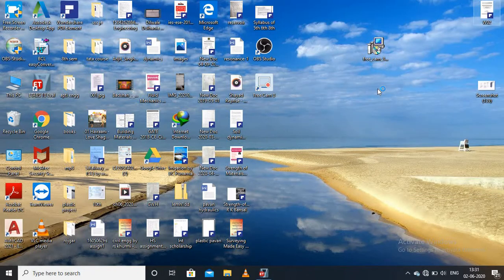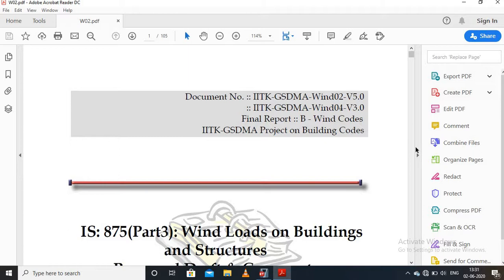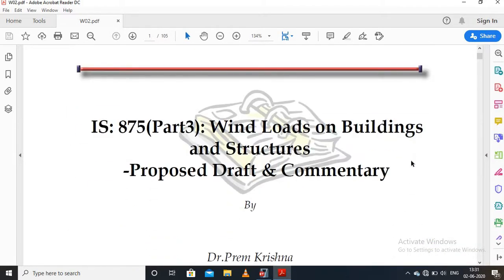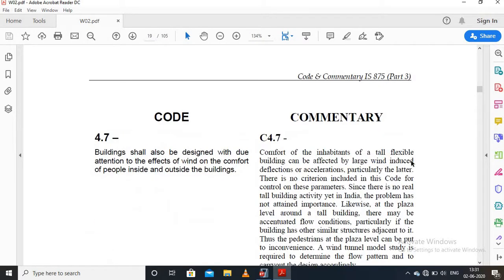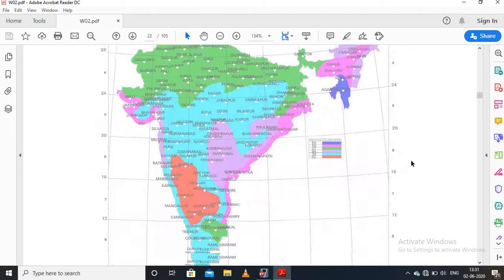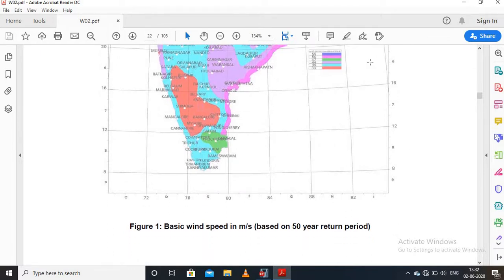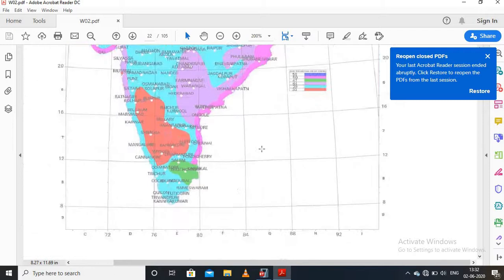Open the IS code. Therefore, the wind velocity for a building constructed in Bangalore is 33 meters per second.